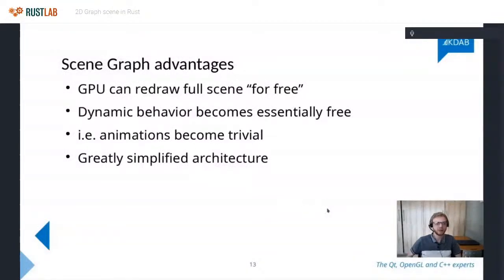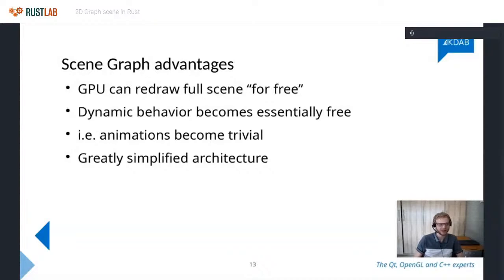Okay, so let's quickly talk about the advantages of the scene graph approach. The biggest advantage is that the GPU allows you to basically redraw everything for free. Because as I said, the GPU can generate pixels at an incredible rate. So asking it to redraw everything at 60 frames per second isn't really a problem. It can totally do that.